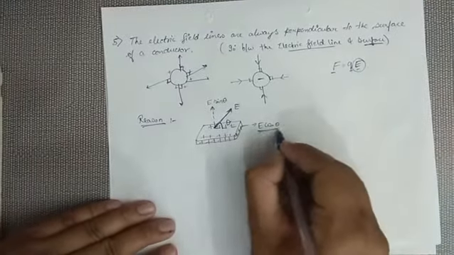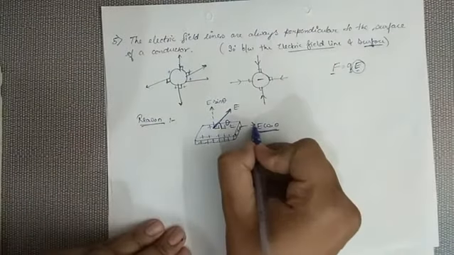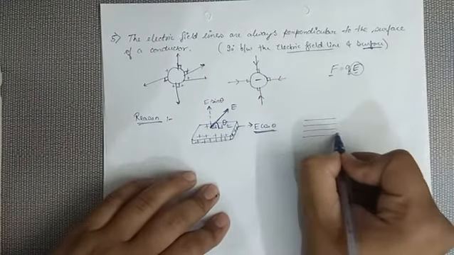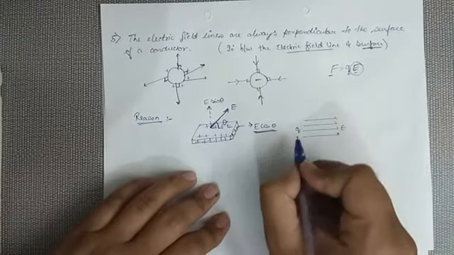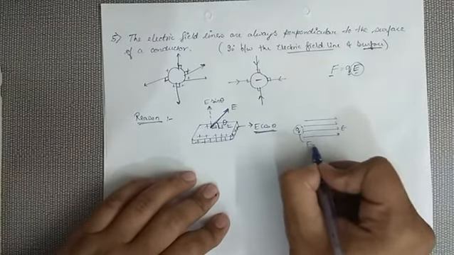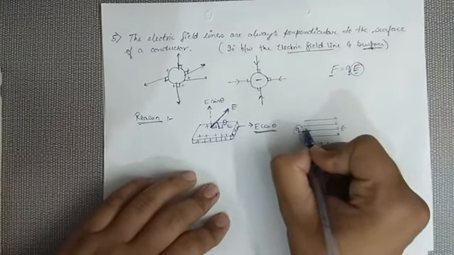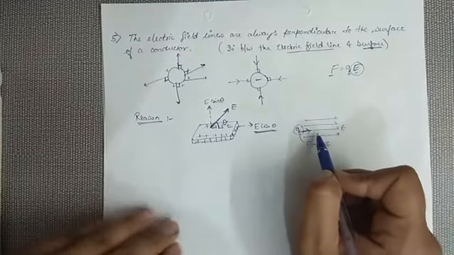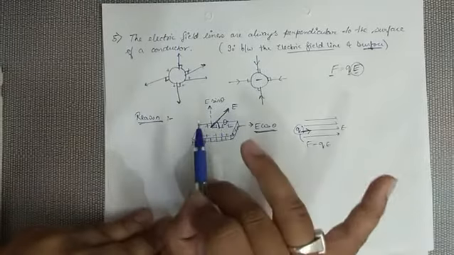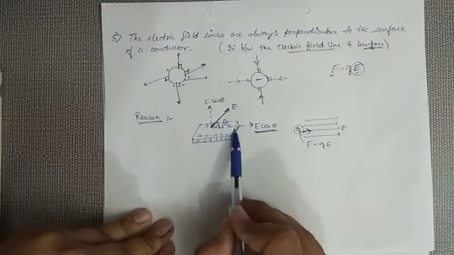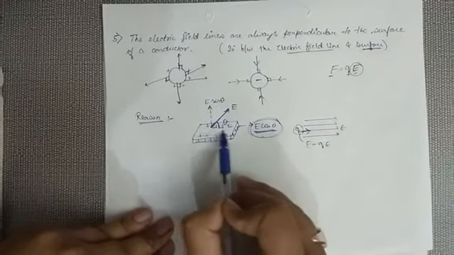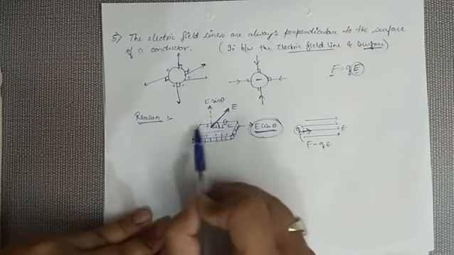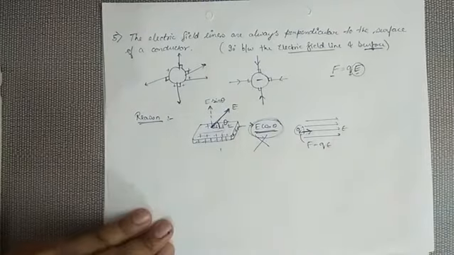Now, this component of electric field, E cos theta, is acting parallel to the surface, which means if there is an electric field and some charge is placed in it, then this charge will experience a force F equals QE, because of which this charge will start moving. And as the charge moves, there is a flow of electric current. If electric field lines are not perpendicular and they move along the surface, then because of this electric field, the charge should also move on this surface, and because of this the surface must conduct electric current. But such a phenomenon does not occur.